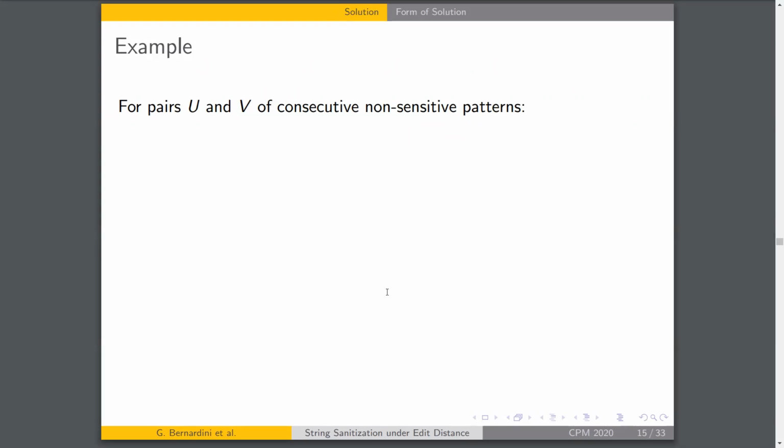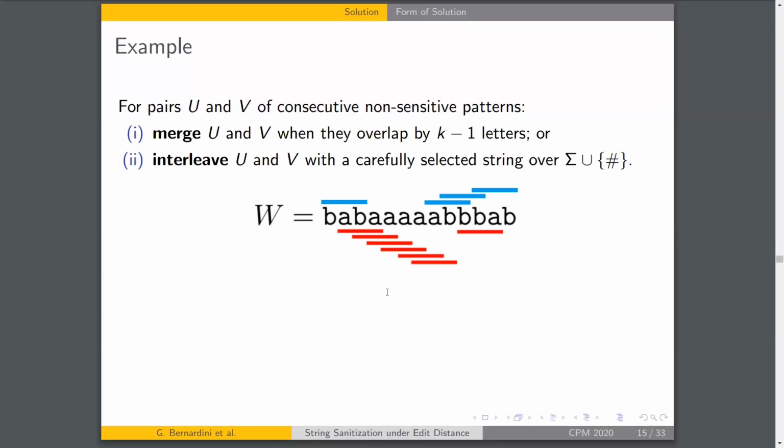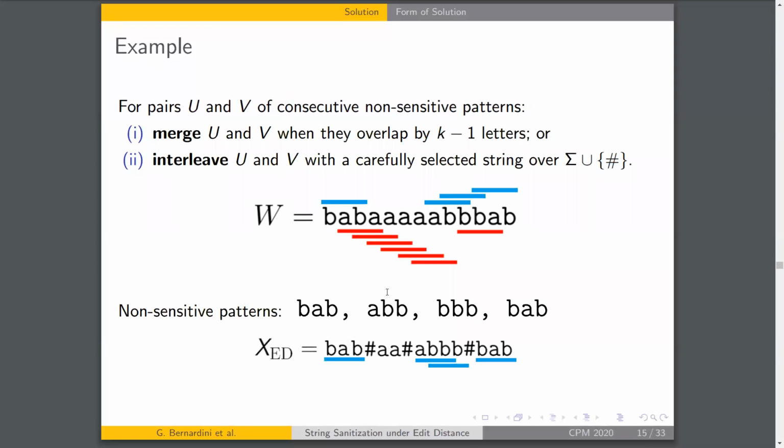So what are the possibilities for such a string XED? If you have two pairs of consecutive non-sensitive patterns, then there are two possibilities. If they overlap by k-1 patterns, then we can merge them. And in general, we can always interleave them with a carefully selected string over sigma and hash. So in this case, we can see that we interleave them with a string, even though we could have merged them,